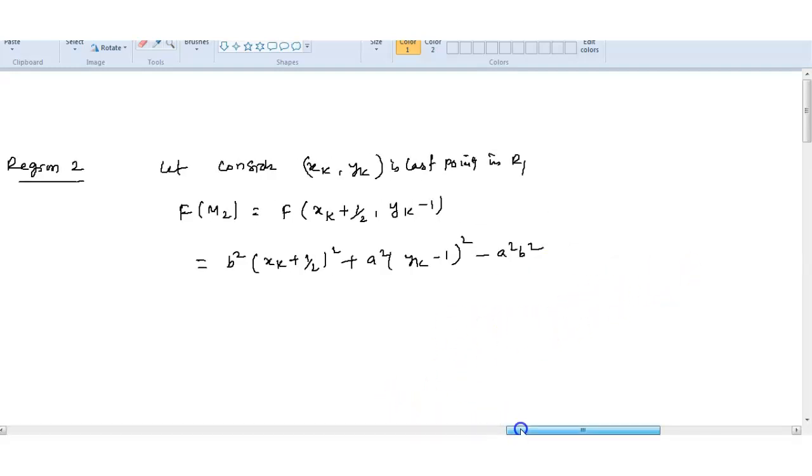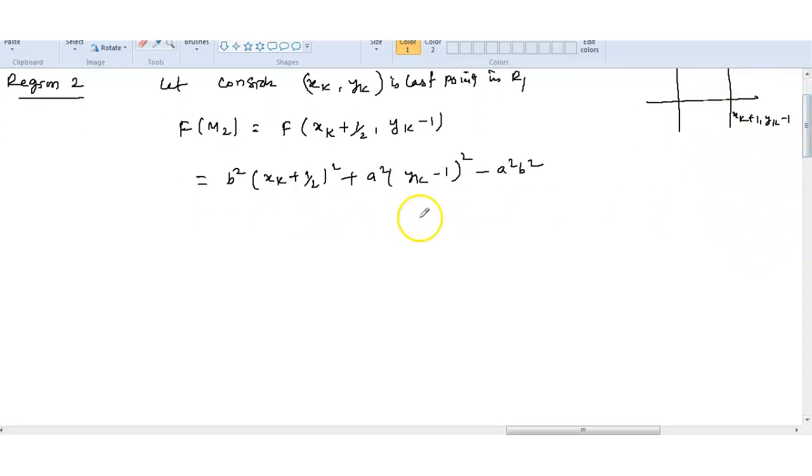So now the coordinate is xk, yk. This was xk plus 1 and yk. This is xk plus 1 and yk minus 1, and this coordinate will keep decreasing here. So m is the midpoint here. This we'll consider as d old.